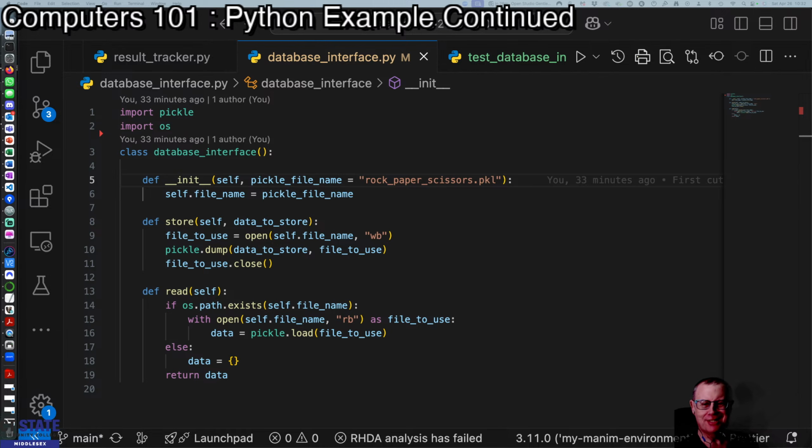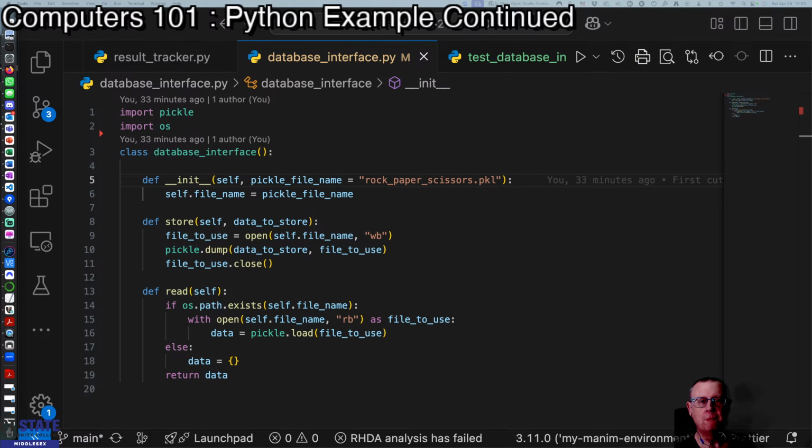as a first step, the things you want to test are the functions, right? So there's three functions here. There's a constructor, the __init__ function, the store function, and the read function. So they're the three things we probably want to test. So what do you test with the constructor? Well, you just make an object of type database interface and see that it does all the things that you're